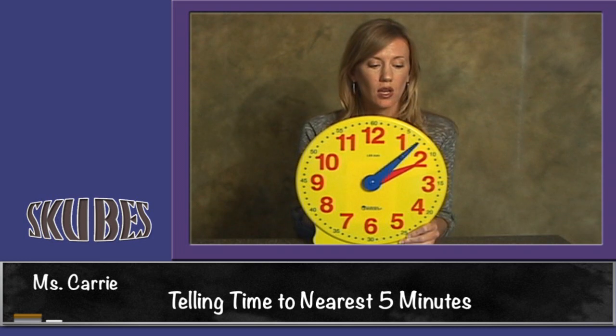Every time we go around to the next number, we're going to increase the time by 5 minutes. So if we start at 2 o'clock and we go to the 1, it's now 2:05. If we go to the 2, it's now 2:10. If we go to the 3, it's 2:15, 2:20,